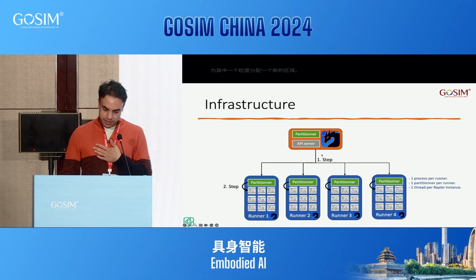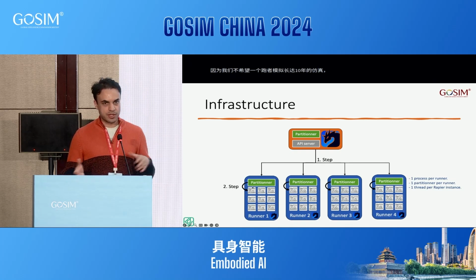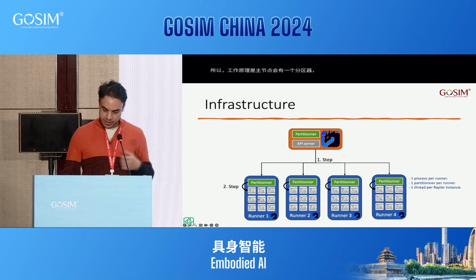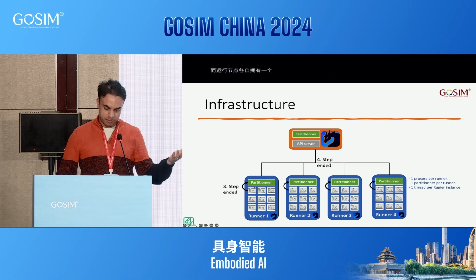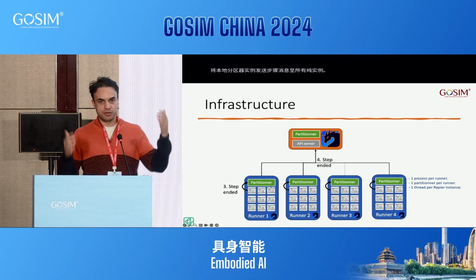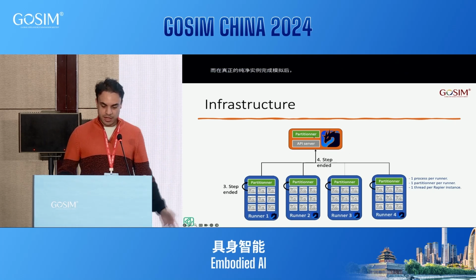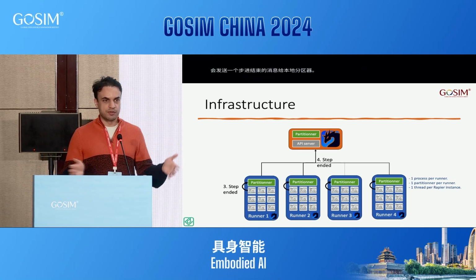So the way it works is that this master node will have a partitioner which will send a step message to all the runner nodes, and the runner nodes have a local instance of this partitioner to send step messages to all of the Rapier instances. And when the Rapier instances are done simulating, they will send back a step-ended message to the local partitioner, and the local partitioner will forward this step-ended message to the master partitioner. And when the master partitioner has received all the step-ended messages, that's when it knows that it can move forward